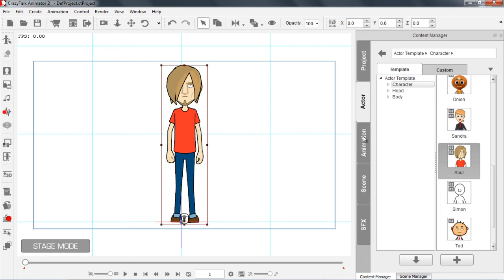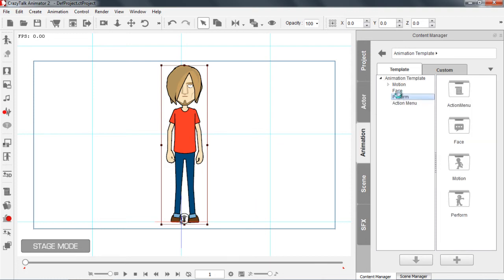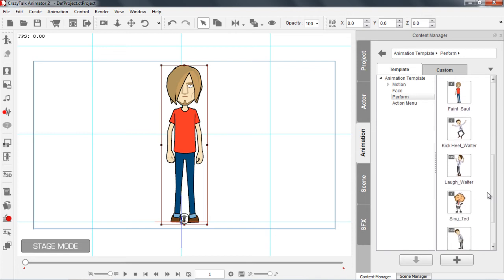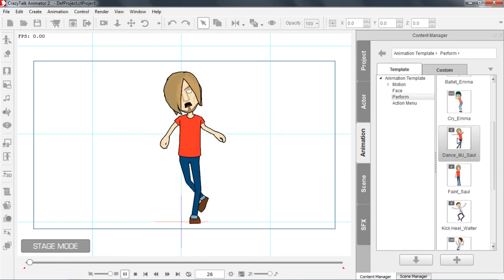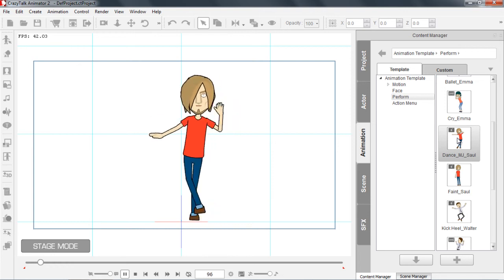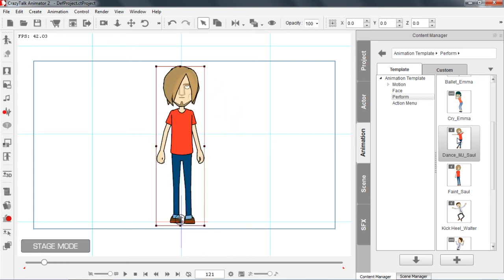So for an example, I'll go to my animation tab here and we'll go to the perform folder and let's take a look at this motion. We can have this dance motion here. Alright, so we have some body motion, some facial animation, as well as some audio data included in that. That's the perform clip. So let's go ahead and go back to frame 1 there, and I can right click